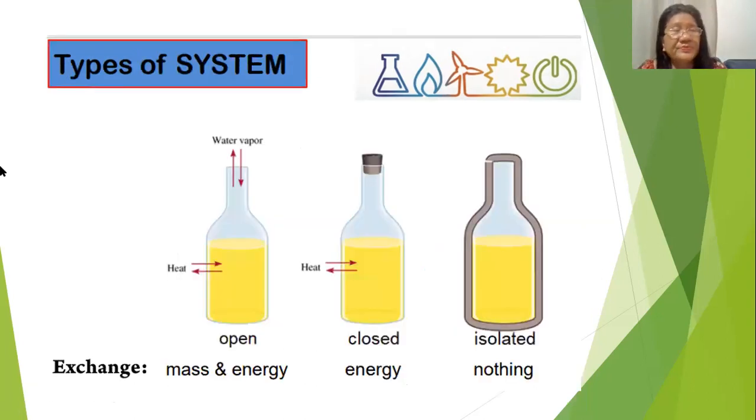So here, we have different types of systems. The open, closed, and isolated. Now, open, closed, and isolated. How could you differentiate these? Through their exchange. So, in an open system, what happened? Naay mass and energy exchange. Okay, so if you add hot water here, what happened? Of course, there is a mixing of your heat here. Your heat, ganiha, mo paghawi ka sa bottle, wala na, init na. Ang uban ana mo gawas ganiha sa ibabaw. Okay, that is an open system.